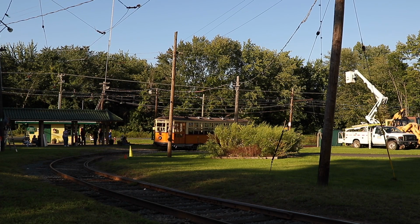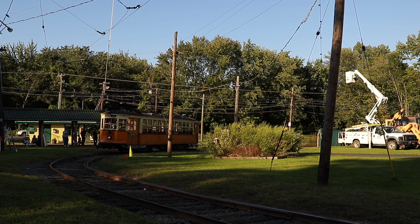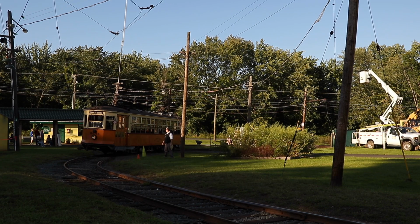Boston Elevated Street Railway car number 5645. This is a double truck, double-ended car from Boston, Massachusetts. This particular car